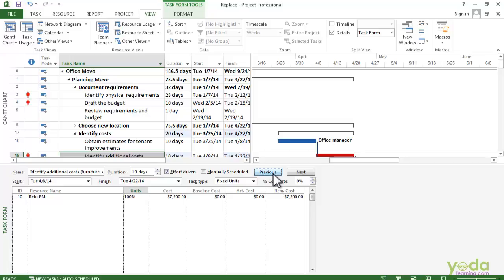You can replace the resources with the same tools you used to reassign them in the first place. The Assign Resources dialog box and Tasks form are readily available and easy to use. The Assign Resources dialog box can also help you look for the people with enough time available for the assignment. I hope the concept is clear to you.